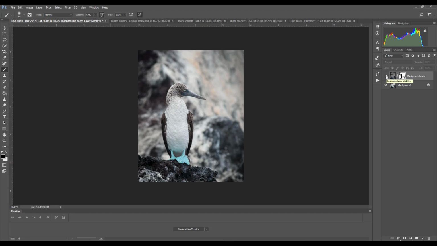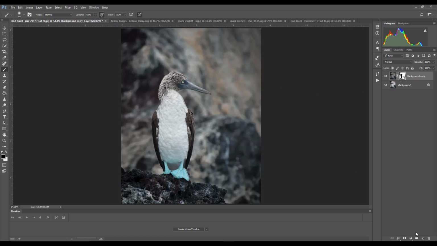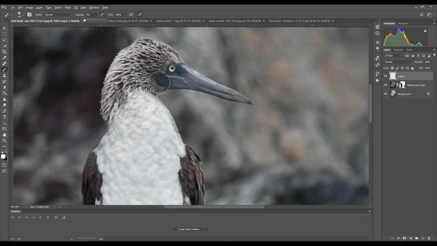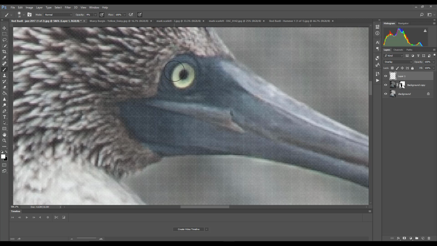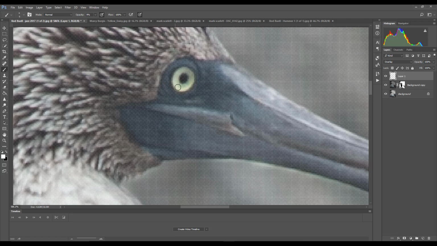So here's the before. Here's the after. And you can see how that bird stands out a little bit more. We could even go in, and I know this isn't a Photoshop lesson, but I'm doing it anyway. We could even go in with my brush and a white overlay and change my opacity to about 5%. And you can always rewatch this video and watch the steps that I did. I'm going through quickly. This isn't a Photoshop tutorial, but I could go in and pull up this bird's eye